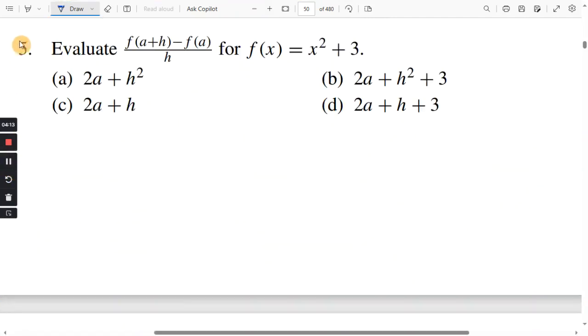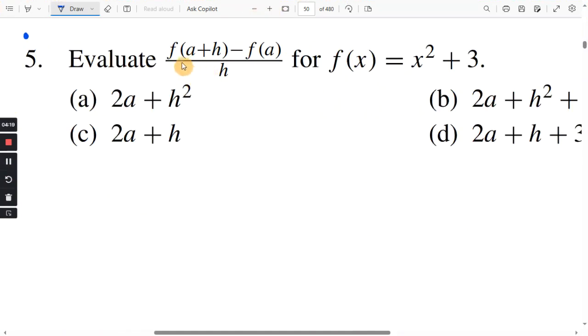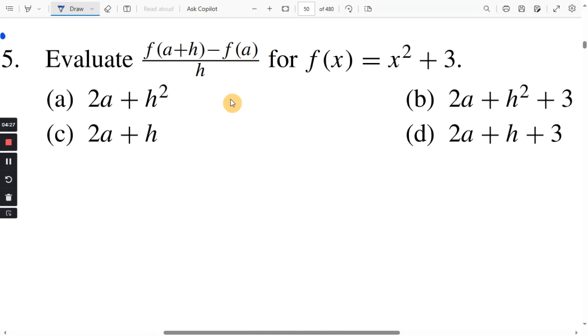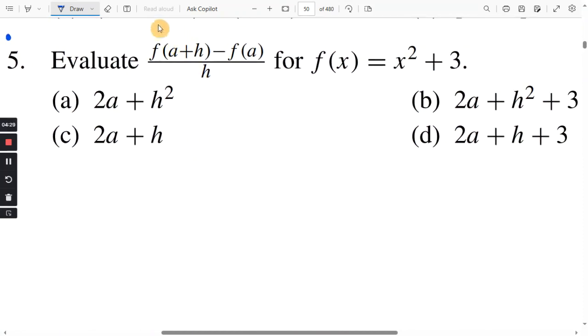All right, number 5. Here we're doing Newton's quotient. Okay. The author uses f of a plus h. We did it as x plus h, but it's the same thing. Now, you could do this whole thing in one shot, but I think it's better to evaluate this part first, f of a plus h. So I'm going to do that first. All right, so f of a plus h,